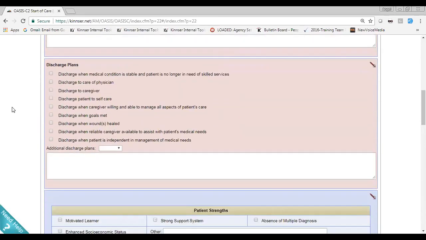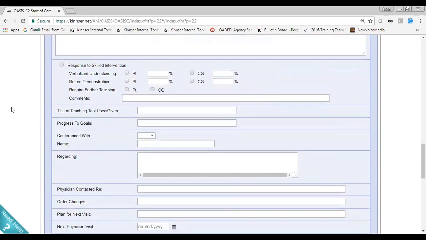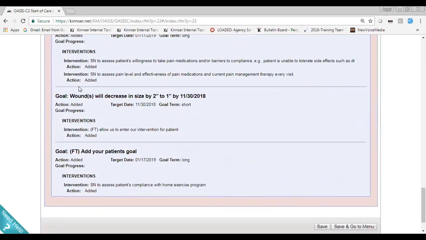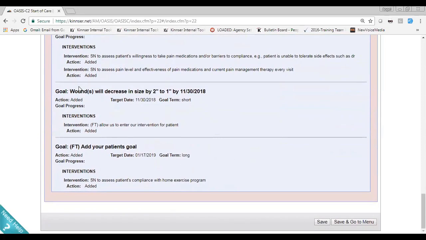and scroll down towards the very bottom, since this is the last page of my OASIS, I will have the ability to review all goals and interventions that I have added throughout my patient's OASIS here. All right, so I do have the ability to review my goals as well as my interventions here. Now I do want to go ahead and point out that you don't have the ability to make